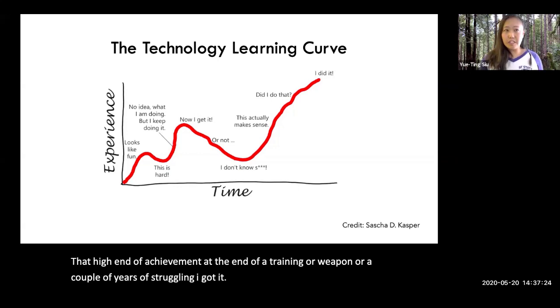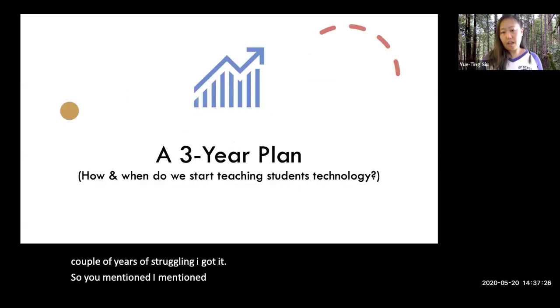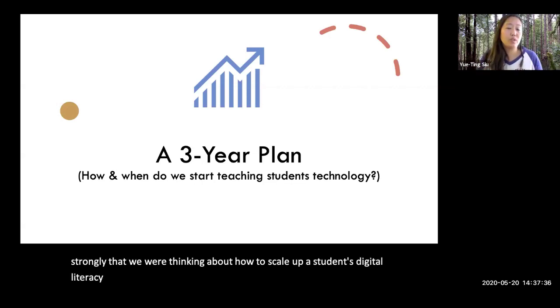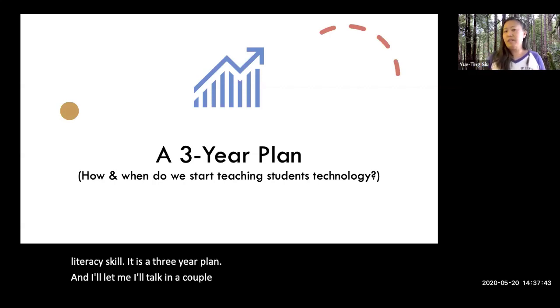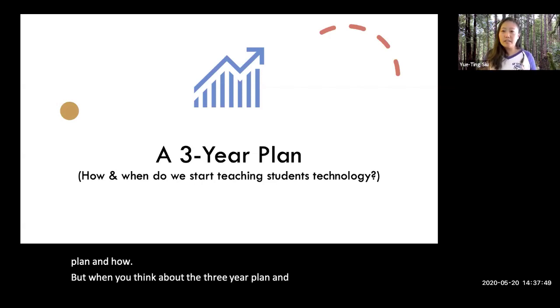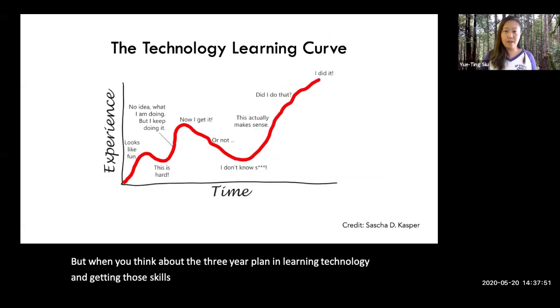So, I mentioned the word years, and I really believe strongly that when we're thinking about how to scale up a student's digital literacy skill, it is a 3-year plan. And I'll talk in a couple minutes about why it's a 3-year plan and how. But when you think about the 3-year plan in learning technology and getting those skills up to that high point of I did it,